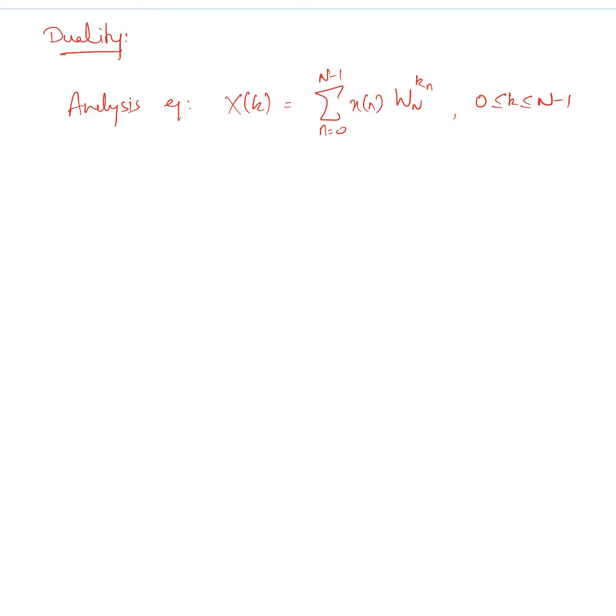So it is an N-point DFT, while the synthesis equation is your x of n, given the DFT X of k. How to compute this x of n